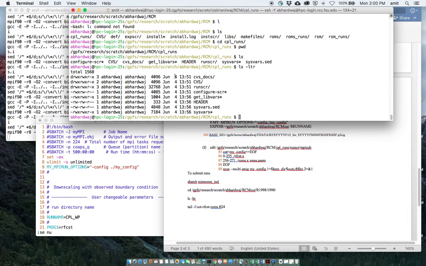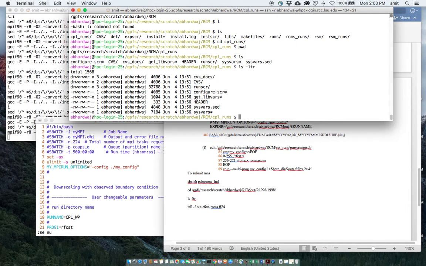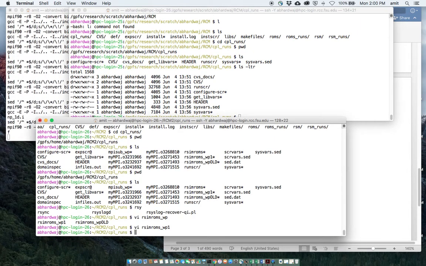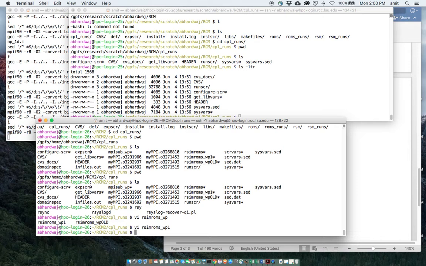Once our model compiles, it will create many other files. So one file is this, and the other file is